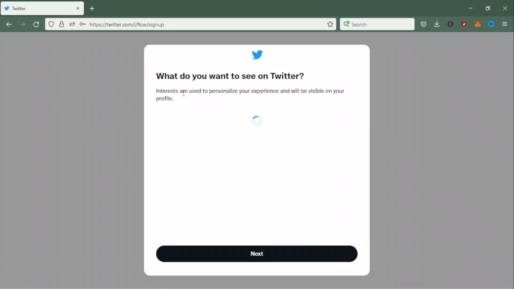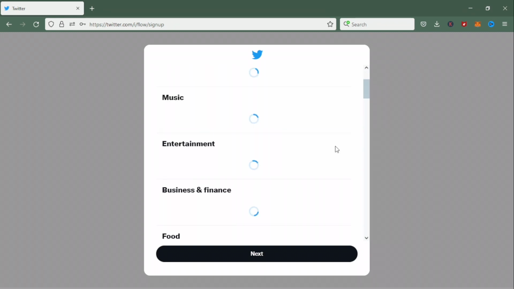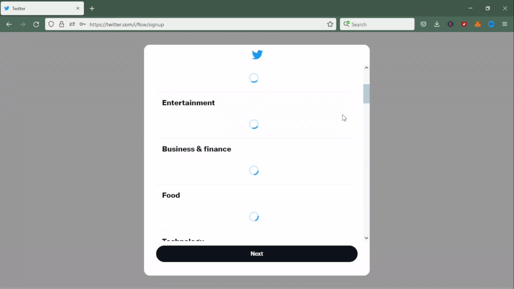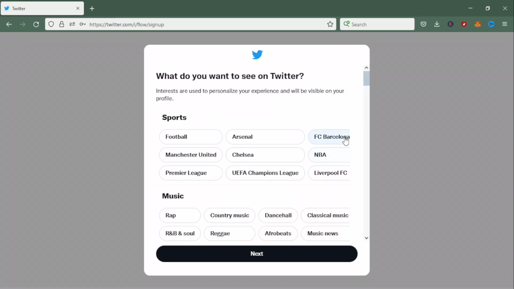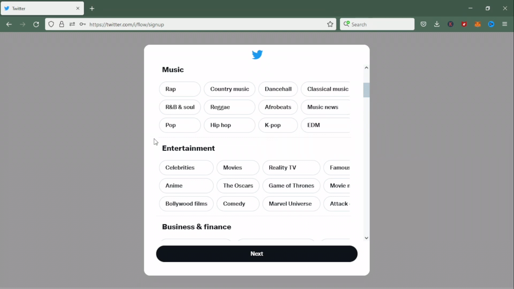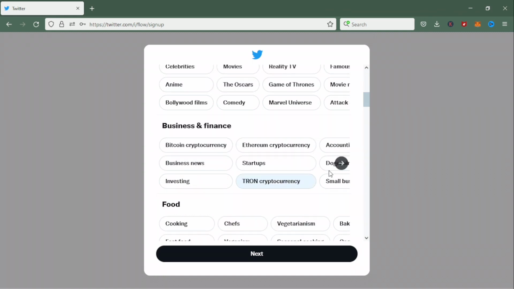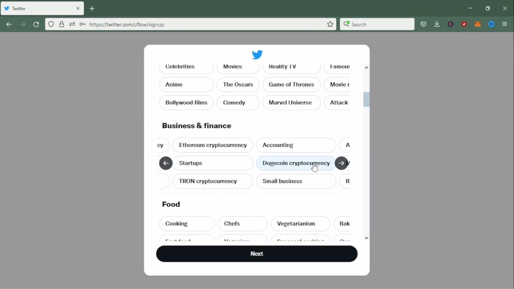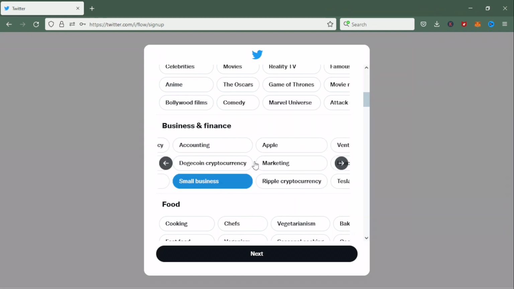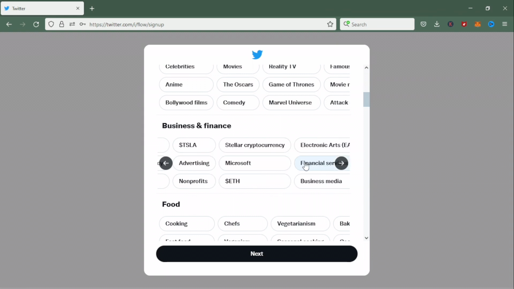I don't want notifications, so they will tell you to pick some interests. Take note of all these interests also, because when you are running Twitter ads, you can use these interests to target people who are interested in these kinds of topics. So I choose small business, advertising,